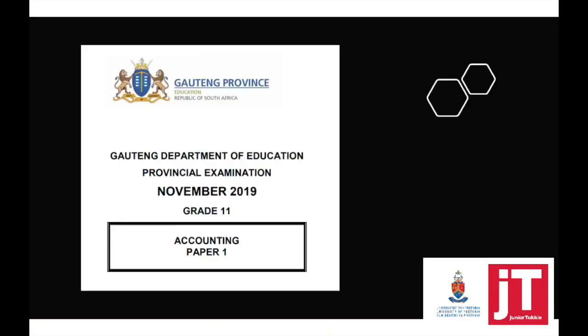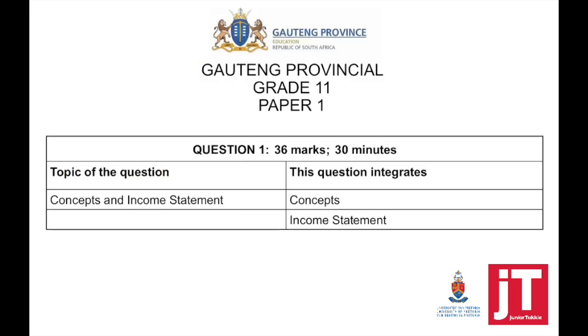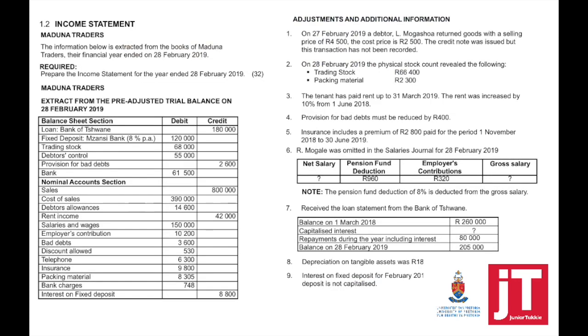Brimacone. A reminder, we are busy looking at the November 2019 Paper 1. The first part of the video, we focused on this question looking at the adjustments only. Now our approach is going to be, how do we complete this in an exam? How do I start? So when asked to complete only the income statement, you actually do not care what goes